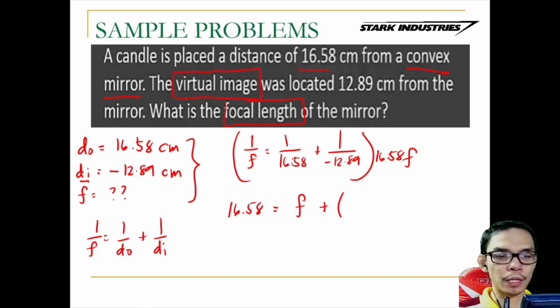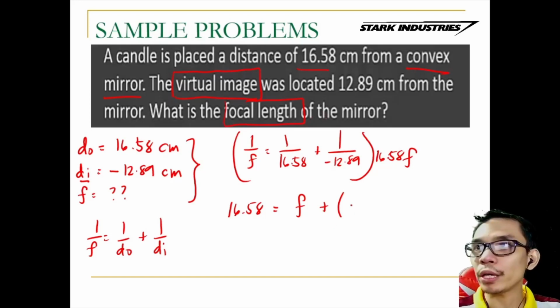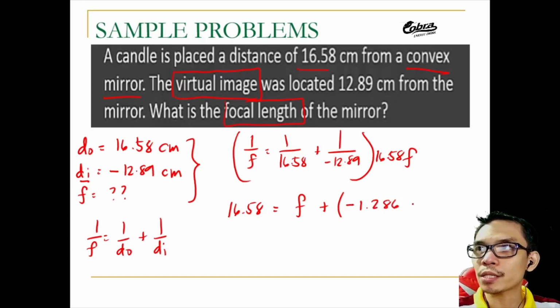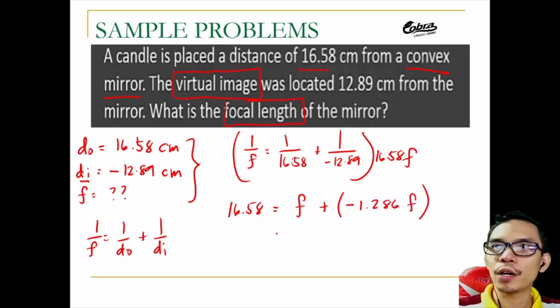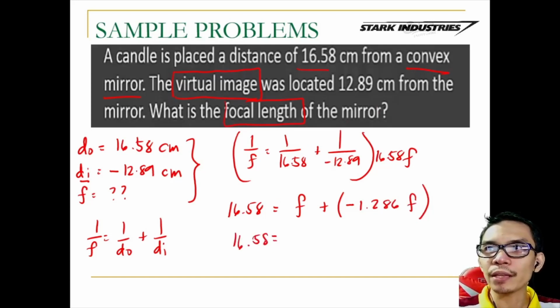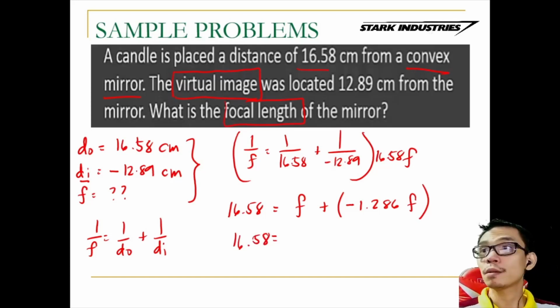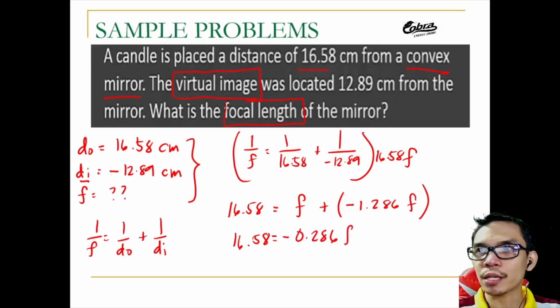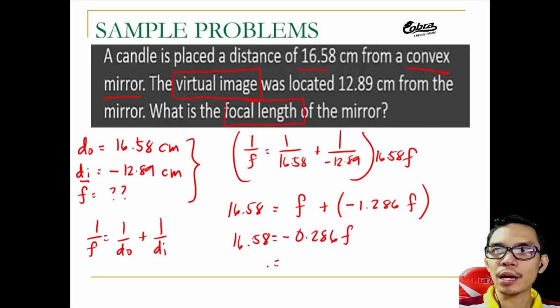over 12.89. So that will be 1.286, negative 1.286 F. So this will eventually become negative. So 16.58, so 1 minus 1.286. That will be negative 0.286 F. So to get the final answer, the F should be negative